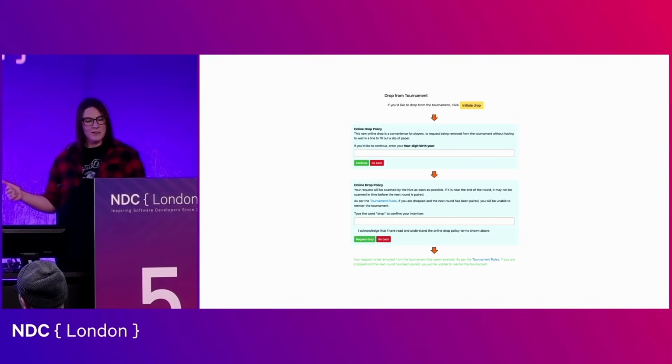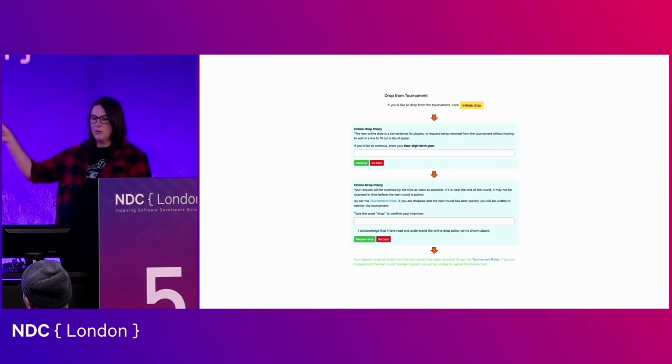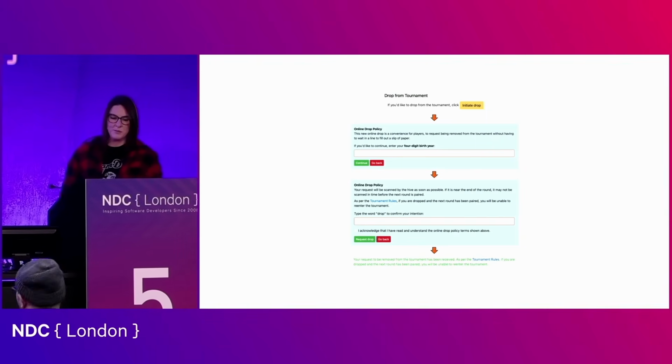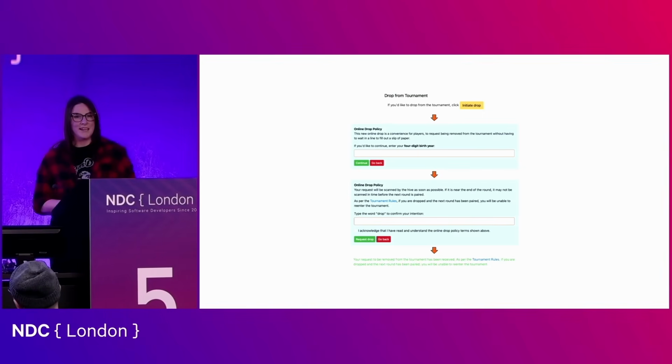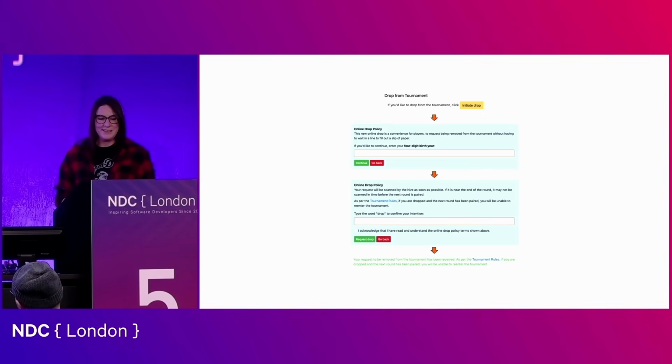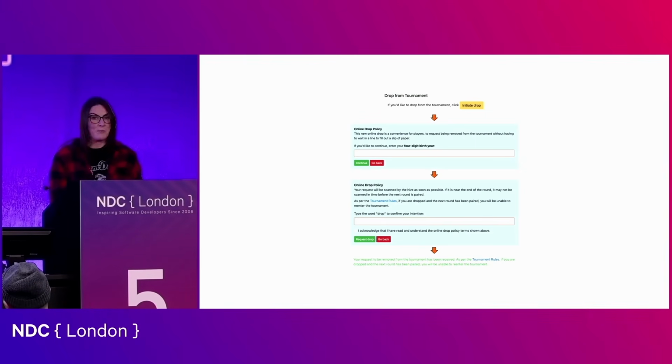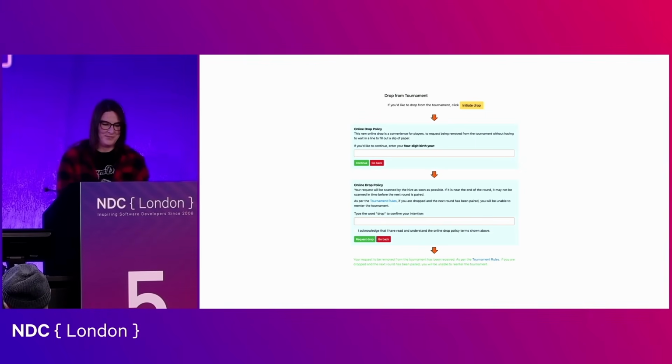They have an online tournament system, and when you hit initiate drop in that yellow at the top, you are then asked twice to input information to confirm that drop. While that meant more time spent for me to confirm it and confirm it again, it was actually quite a good user experience because it stops accidental drops, which can be quite devastating for competitors. At least competitors that were doing better than I was anyway.